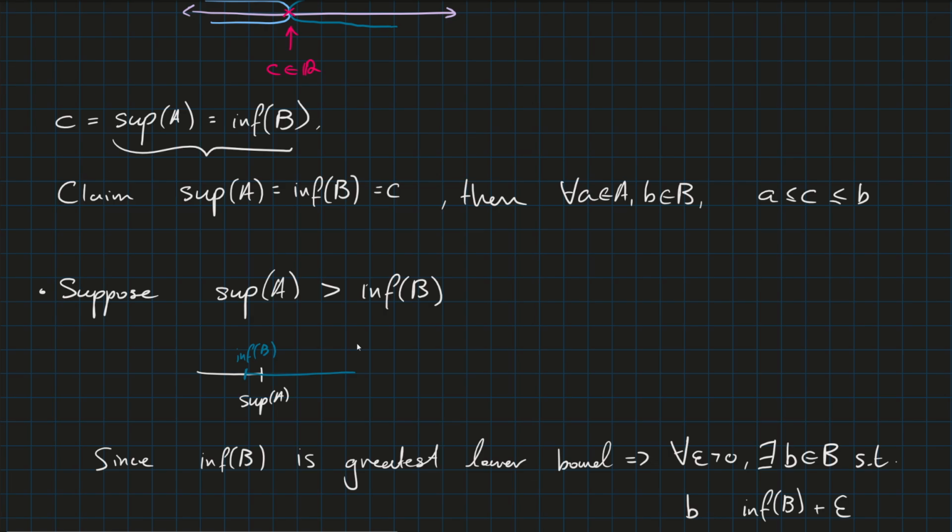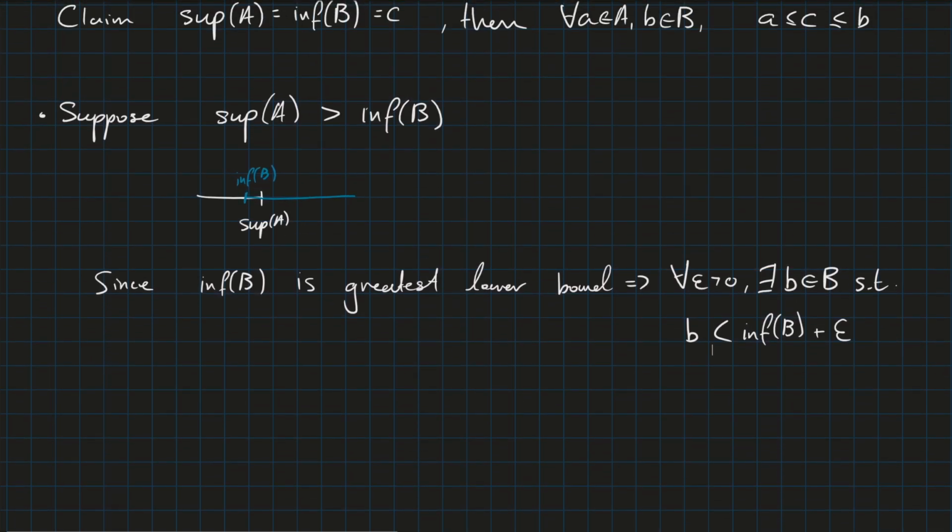Less than, I guess, right? Less than. So what does that mean? That means that choose any epsilon that I want here. If I go any higher, so infimum plus epsilon, I'll be able to find some element of B in there. And then similarly, since supremum of A is least upper bound,